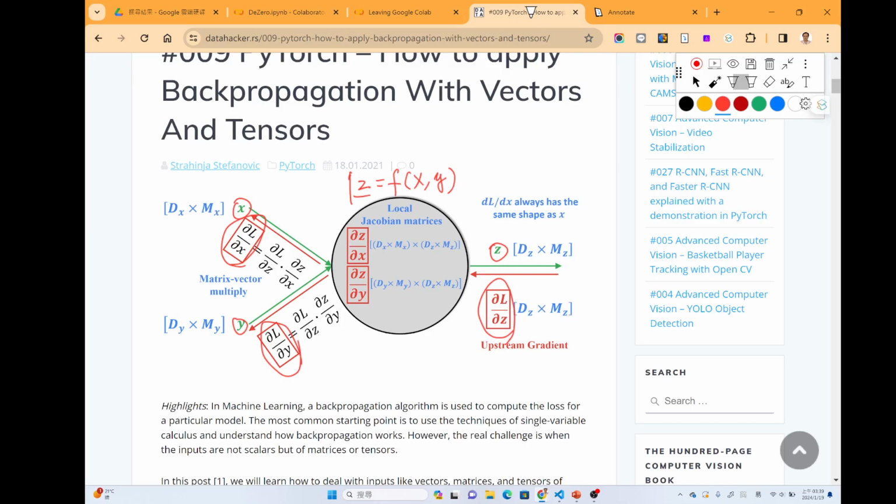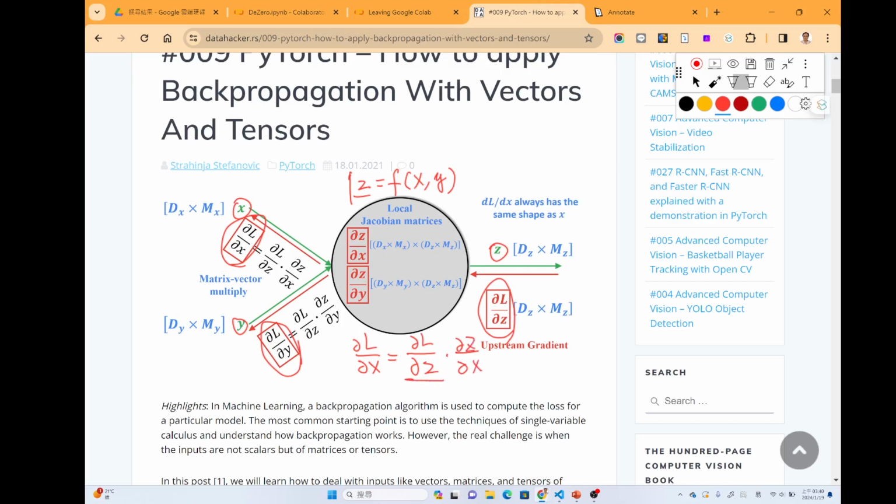But what we need to do is just calculate partial z over partial x and partial z over partial y, so that we can use them in the chain rule. For example, if we want to calculate partial L over partial x, we can use the chain rule to insert z.